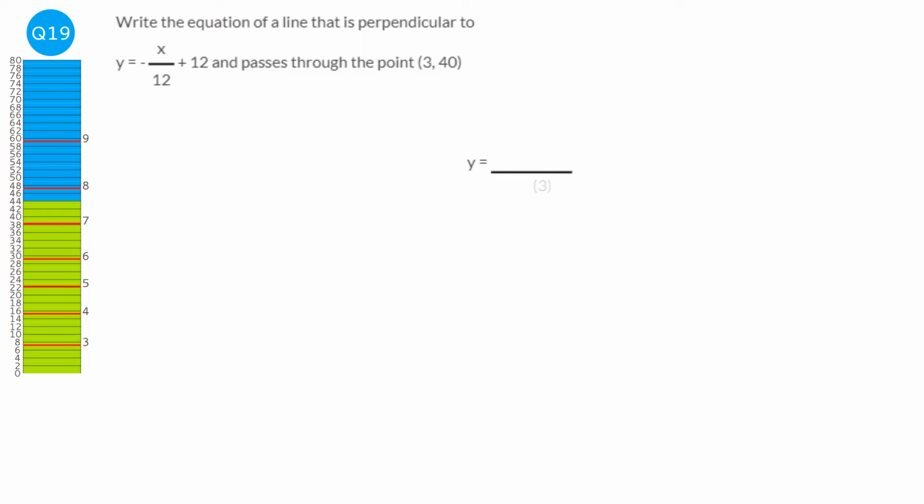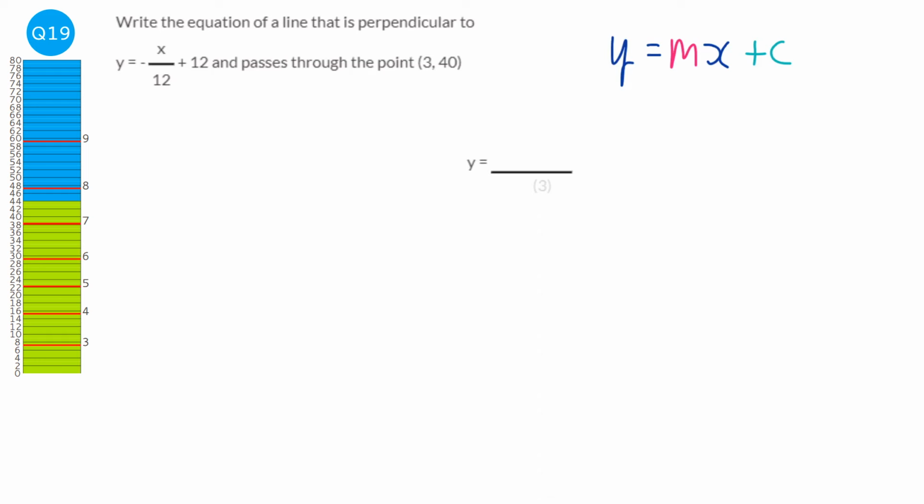We can write the equation of any linear graph as y equals mx plus c. So m is the gradient and c is the y-intercept. So we've got to find what the gradient and the y-intercept are. Well, I'm going to first of all try and figure out what the gradient is, because we're actually given some